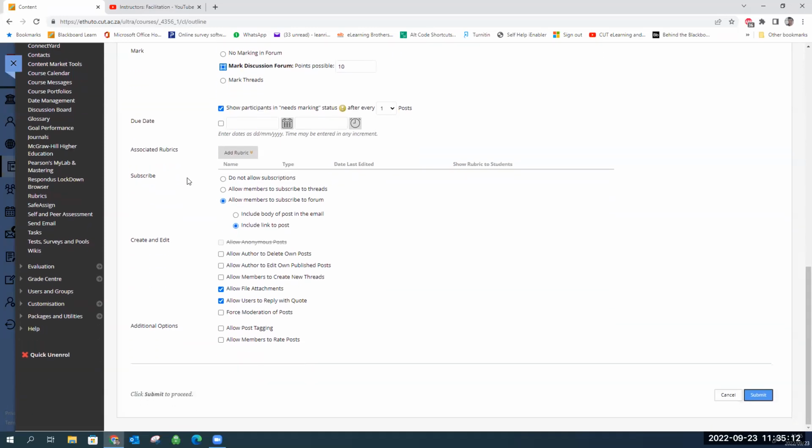Subscriptions, so that is just subscriptions. Students can subscribe to threads or forums so that they get notifications whenever something updates there. Do you want that not to happen? You can check it. There's no reason really not to. It's nice to be able to subscribe to a forum because then whenever something new happens in that forum, you get notified. You can also allow them to subscribe to specific threads